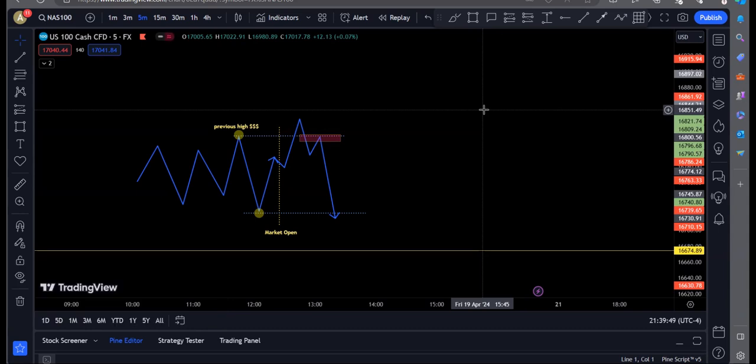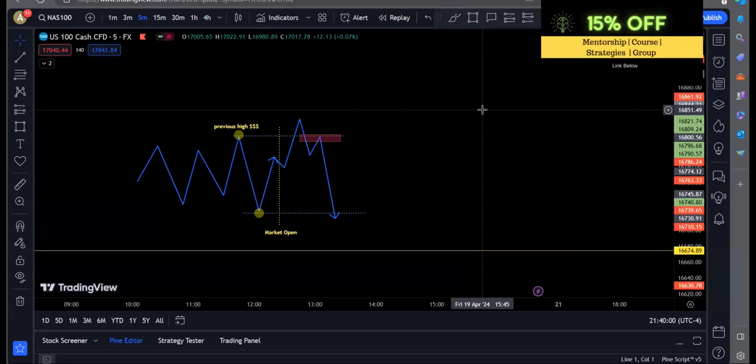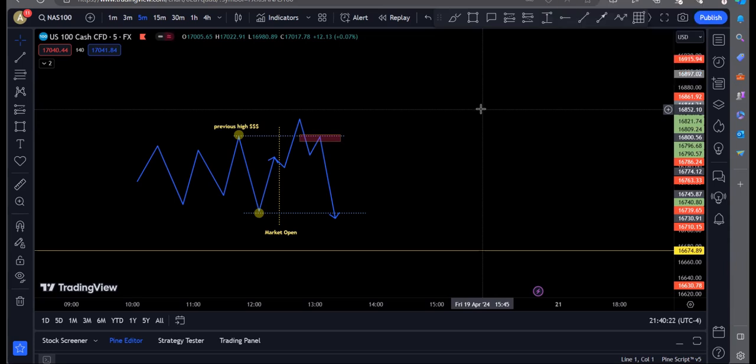Basically, liquidity is found in the highs and lows of the days and the previous days, right before a market open. For example, the NYSE session. Liquidity is basically the areas in which there are going to be a lot of pending orders, so it's going to act as fuel for the market to be able to push or move